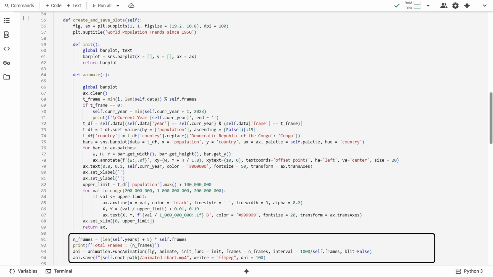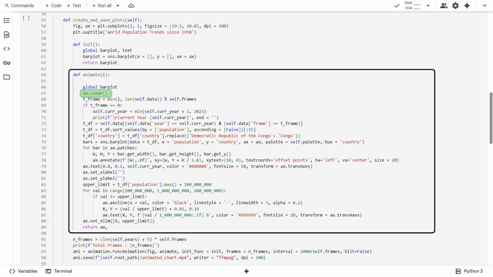So, we have fixed the size of the plot and set up an animation routine that compiles the generated plots into a video object. Now let us dive deeper into what goes on inside the animate function. First, we clear the axis object. This is to get rid of the modifications done for the previous frame. If not cleared, subsequent plots will be overlaid on top of each other, and it would be messy.